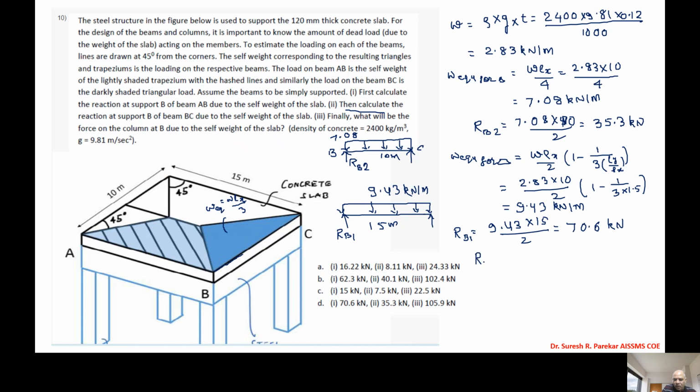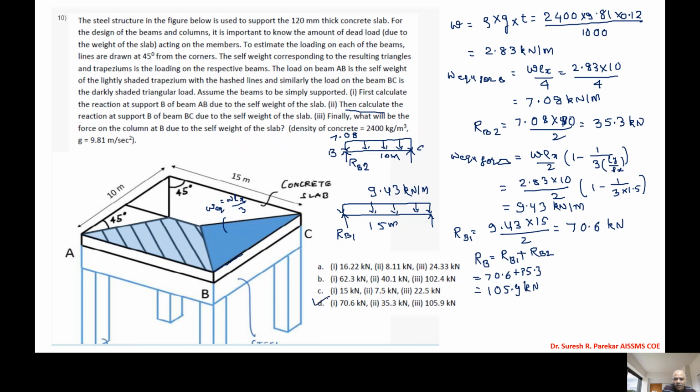And total load on column RB is equal to RB1 plus RB2, and this will be equal to 70.6 plus 35.3, which will be 105.9 kilonewton,